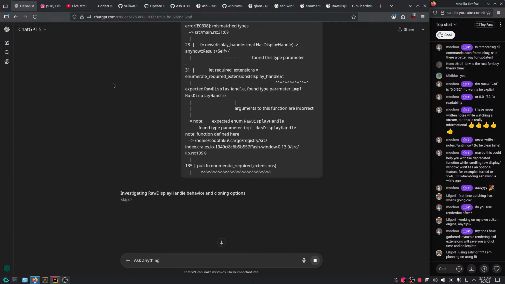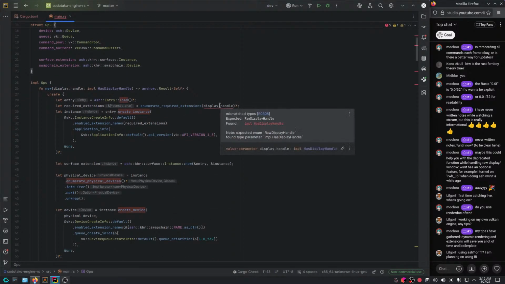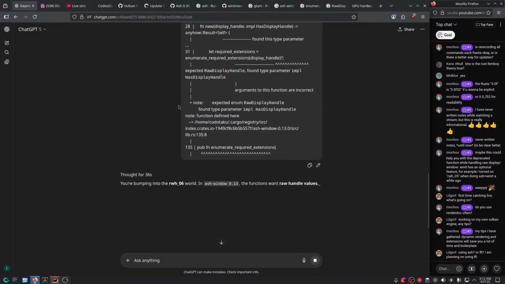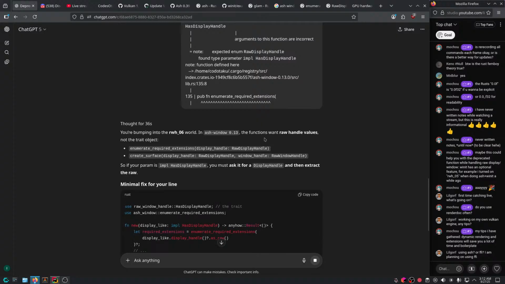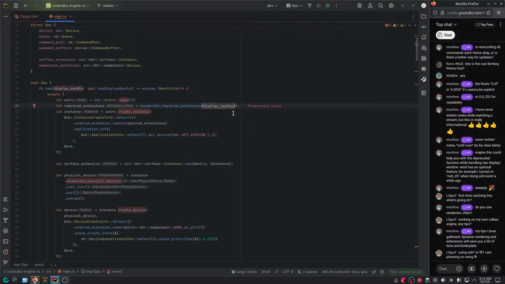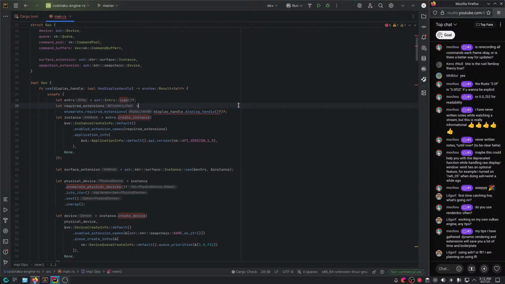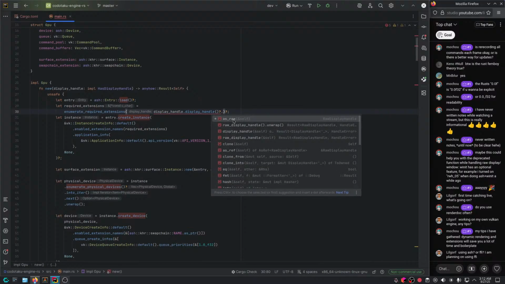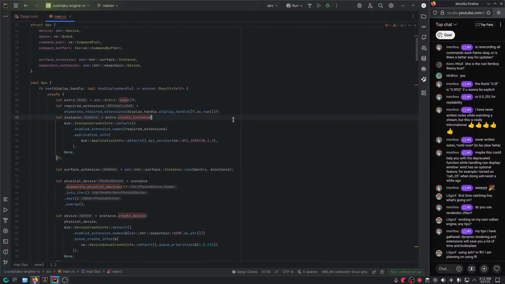So I guess only those, unless maybe it needs RWH05 or something. Okay, so I guess maybe the actual function is just display handle. Isn't that the case? Is that it? Okay, so that's how you do it.